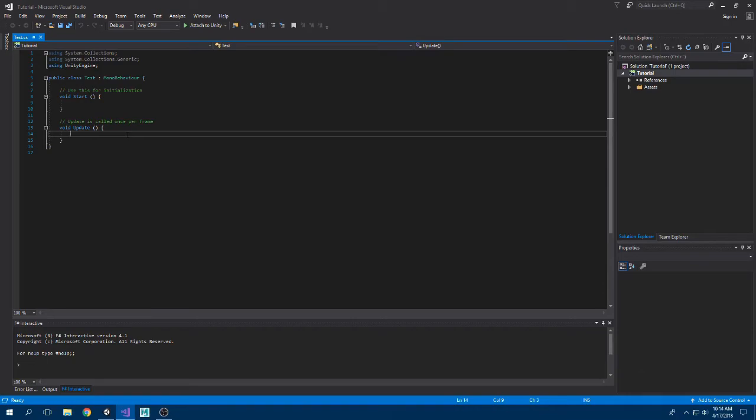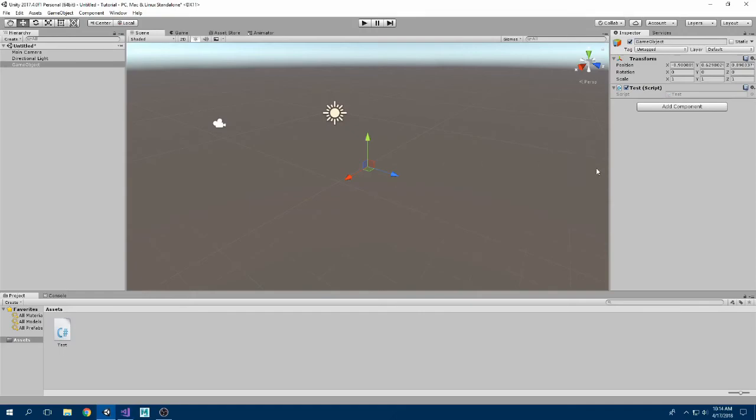So basically, it's also going to be called 60 times per second if Unity is able to keep the frames per second up to that, of course, but it'll just follow, it'll be called once per frame, and you're able to do updates to game objects, either this or basically any game object in your game if you choose to reference it. So if we just go back to Unity here, if you right click in the hierarchy, you get